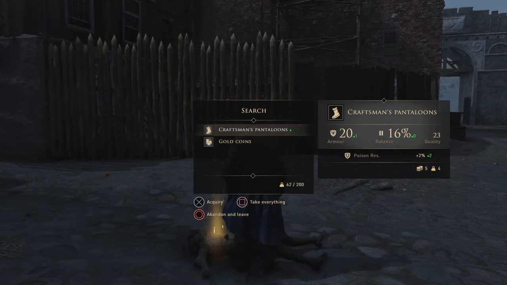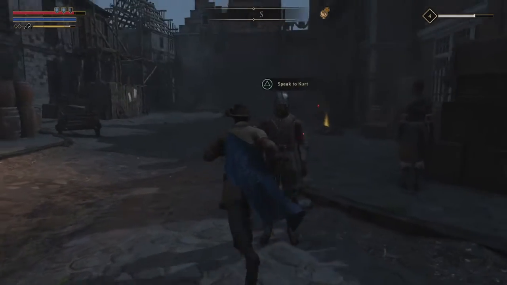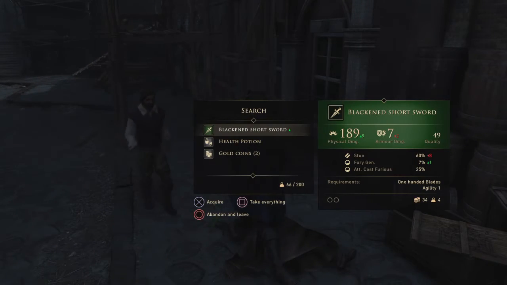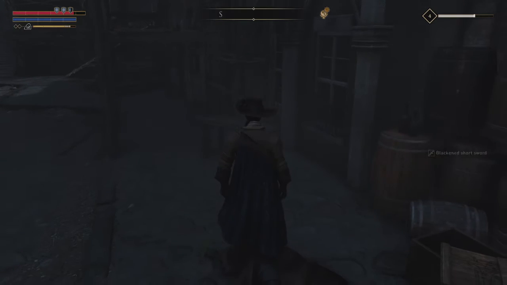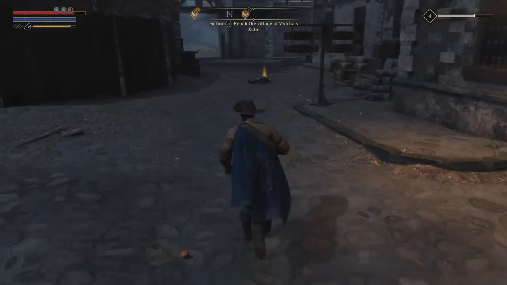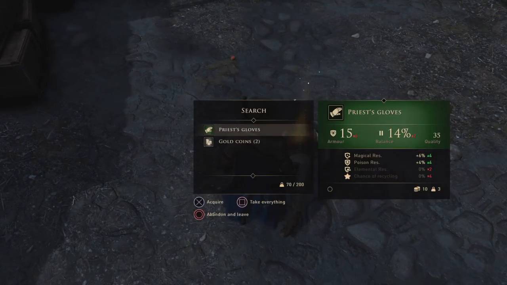Craftsman's pantaloons. Alright, I'm down for wearing the pantaloons of craftsman. Sure. Alright. Let's see. A blackened short sword. It's better damage-wise than the rapier, but less armor damage, and it doesn't seem to do as much stun. We'll collect it for now, and see if I can not get attacked again as I pick up whatever this particular...